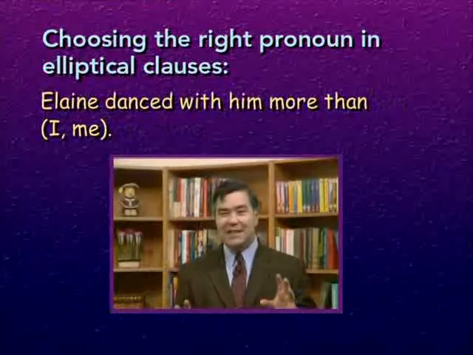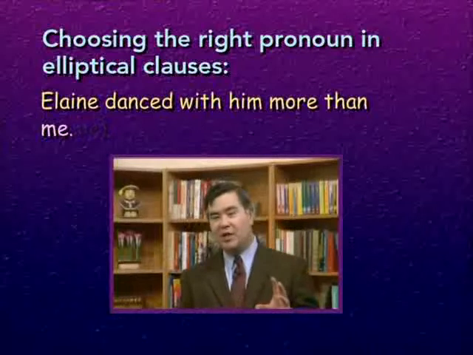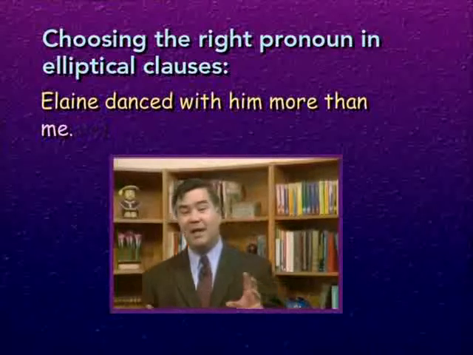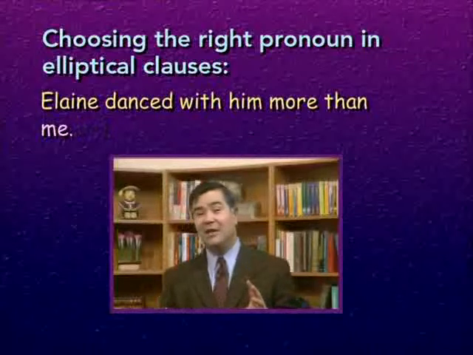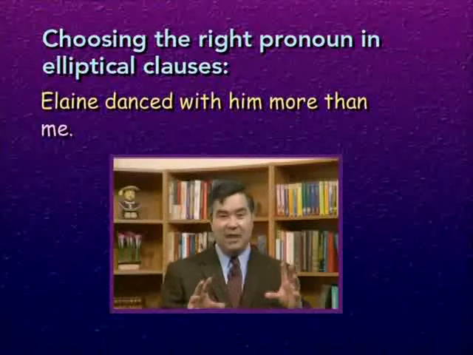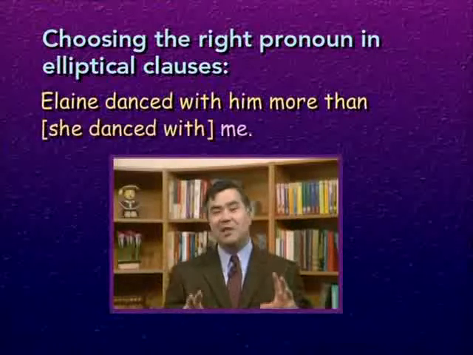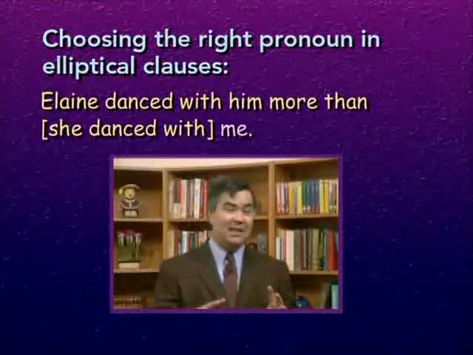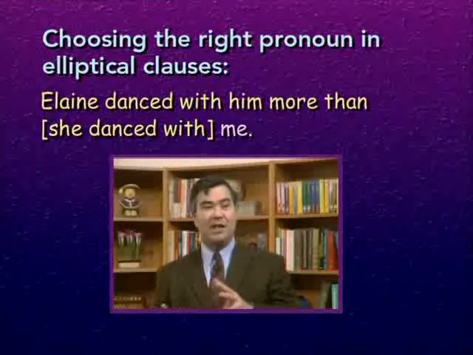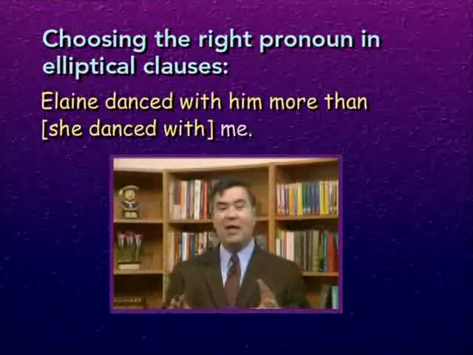Here, the sentence is somewhat ambiguous. Probably "me" is the correct choice if we assume, for example, that a man is speaking and that men and women tend to dance together. Because under that interpretation, the sentence would mean, "Elaine danced with him more than she danced with me." And since "me," the object form of the pronoun,